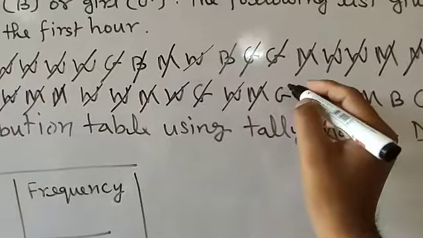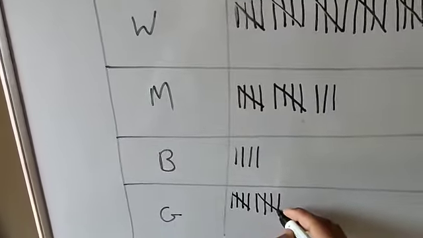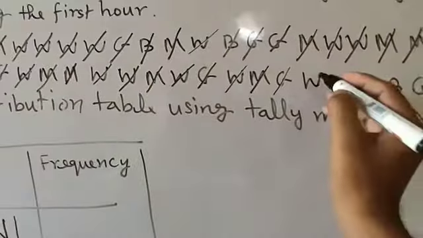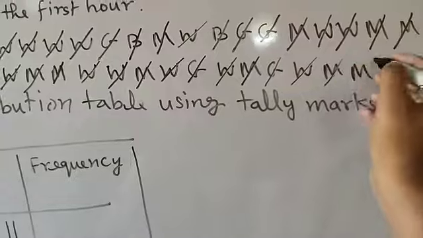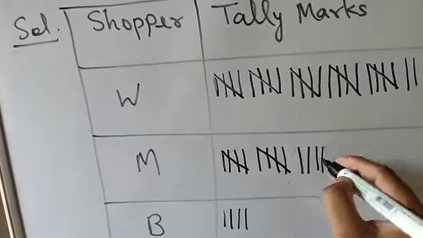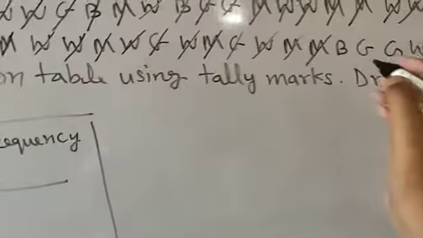Now G is there, so cut the G, and in the G section here already 4, so that is for the 5th. Now W, so cut the W, and here you will represent W. Now 2M are there, 1, 2, so in the M 1, 2. Now B is here, so cut the B, and here you will represent B. That is 4 is already there, for the 5th you will cut.